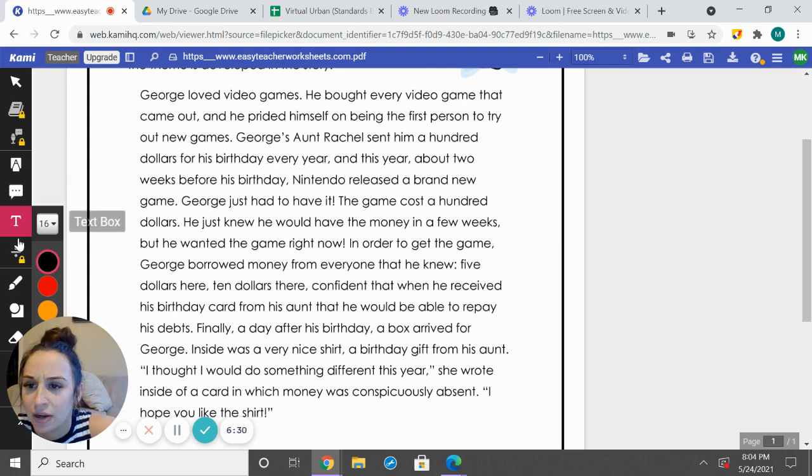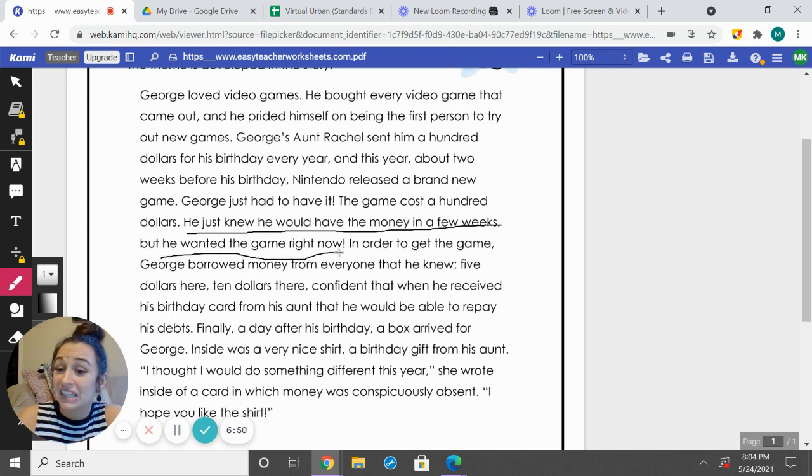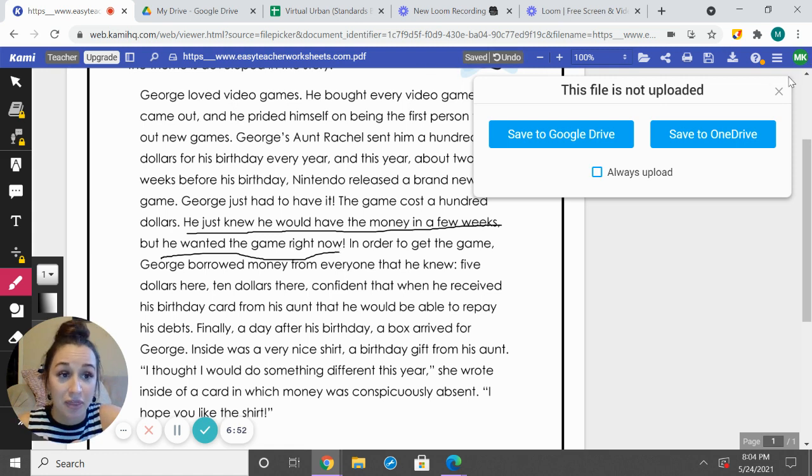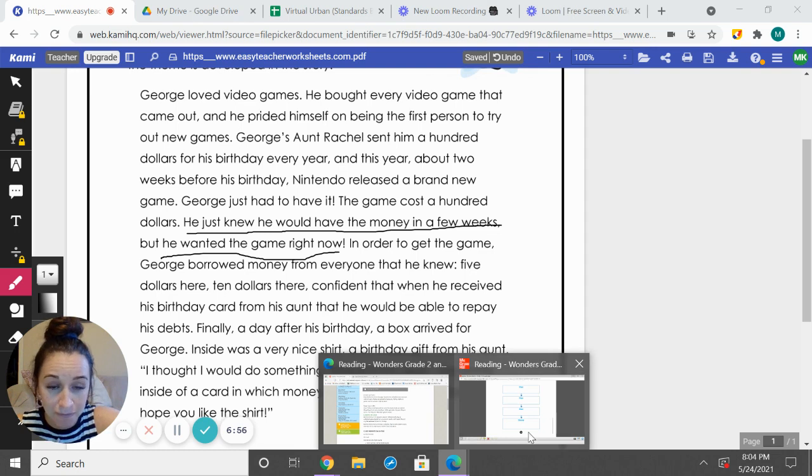So let me go ahead and underline this for now, and then we're going to write it in our thing. So sent him $100 every year for his birthday. And about 2 weeks before his birthday, Nintendo released a brand new game. So he knew he would have the money in a few weeks, so he wanted the game right now. So that's a clue to the lesson or the theme that we're learning. So on the top of our box, we're going to go ahead and write